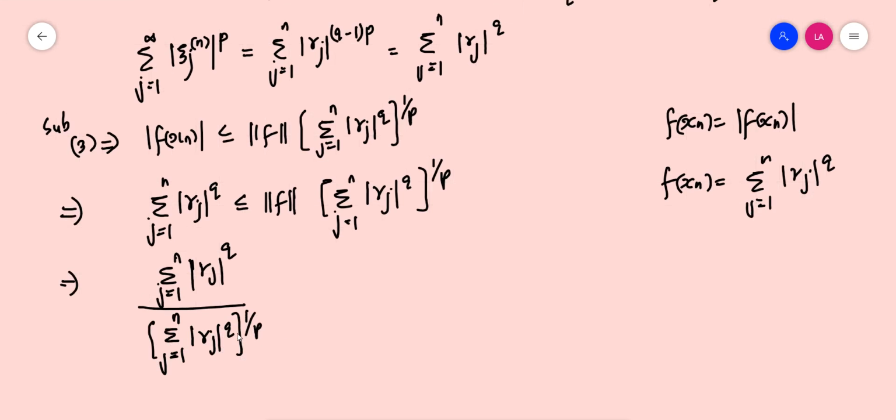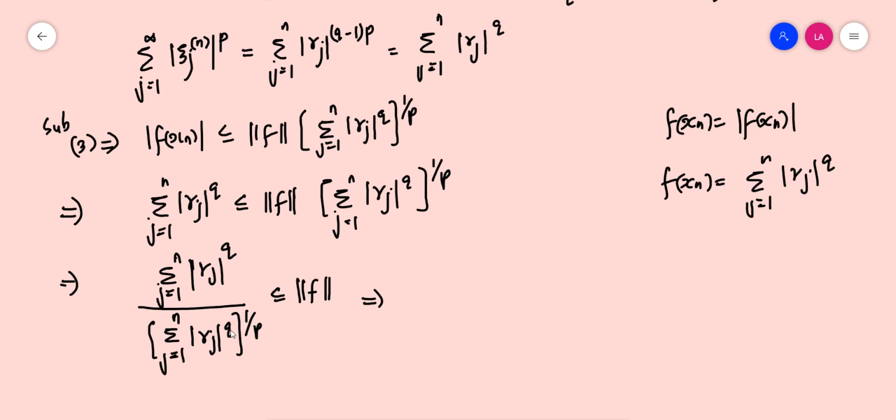Okay. So this whole thing is less than or equal to norm f. This whole power becomes q times 1 by p, so q by p. So this is some x raised to q divided by x raised to q by p. If you move the power onto the upper side, what we are going to get is,